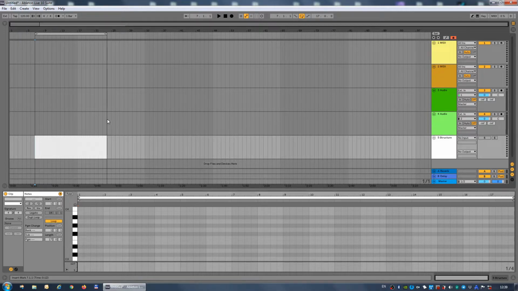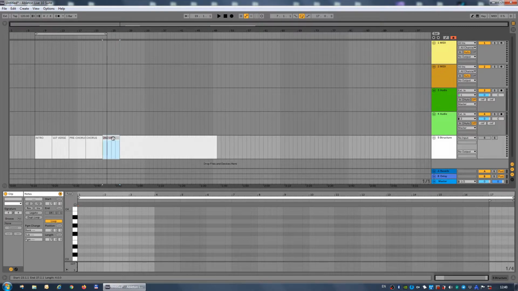So I can have one MIDI clip for intro, one for first verse, one for pre-chorus, one for chorus, then one for the second verse, and so on, and they are all labeled.